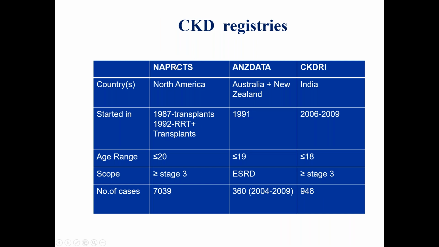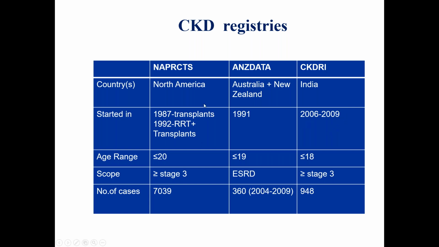If you look at various pediatric chronic kidney disease registries from where we get the data of epidemiology, this is the North American Pediatric Renal Transplant Cooperative Study data. This is the Australia and New Zealand data registry. And we have our own CKD registry of India, though it works intermittently. The first pediatric CKD registry in India was established in 2006, and we have data of about 3 years